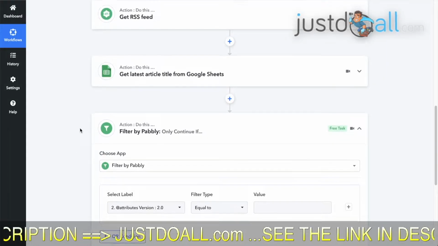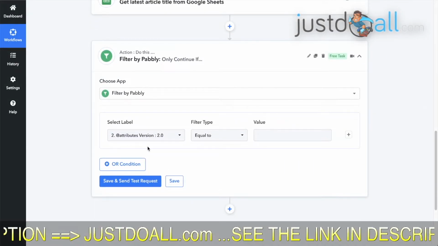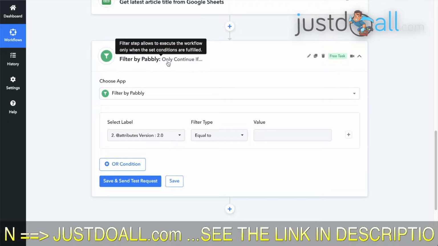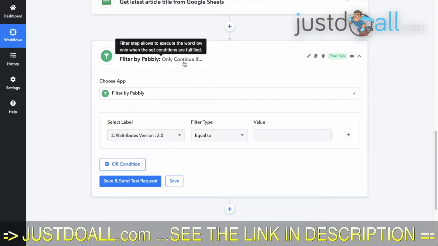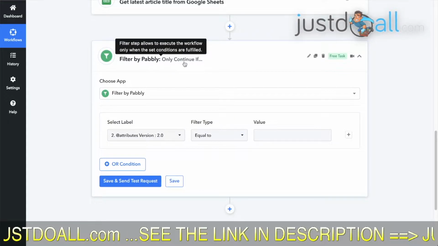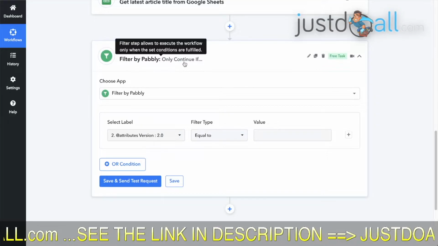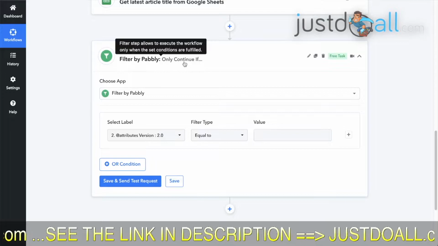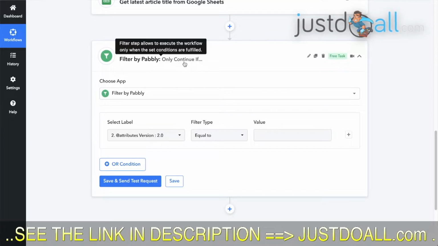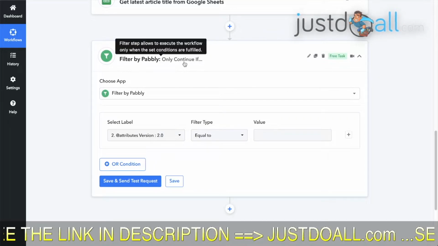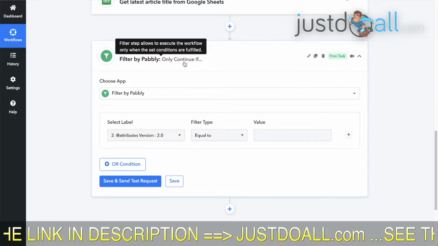And then what is the condition? It should only continue if both the RSS feed's latest article and the Google Sheets article title are different. That's when we want to continue.